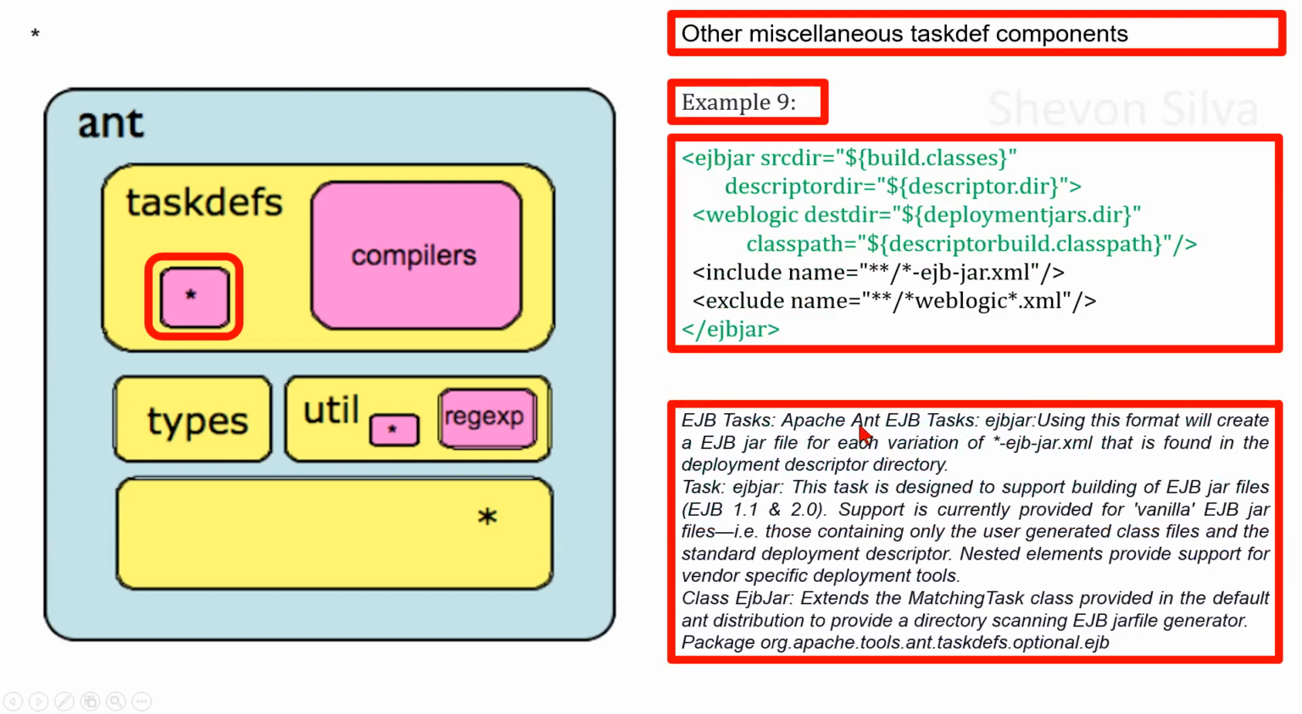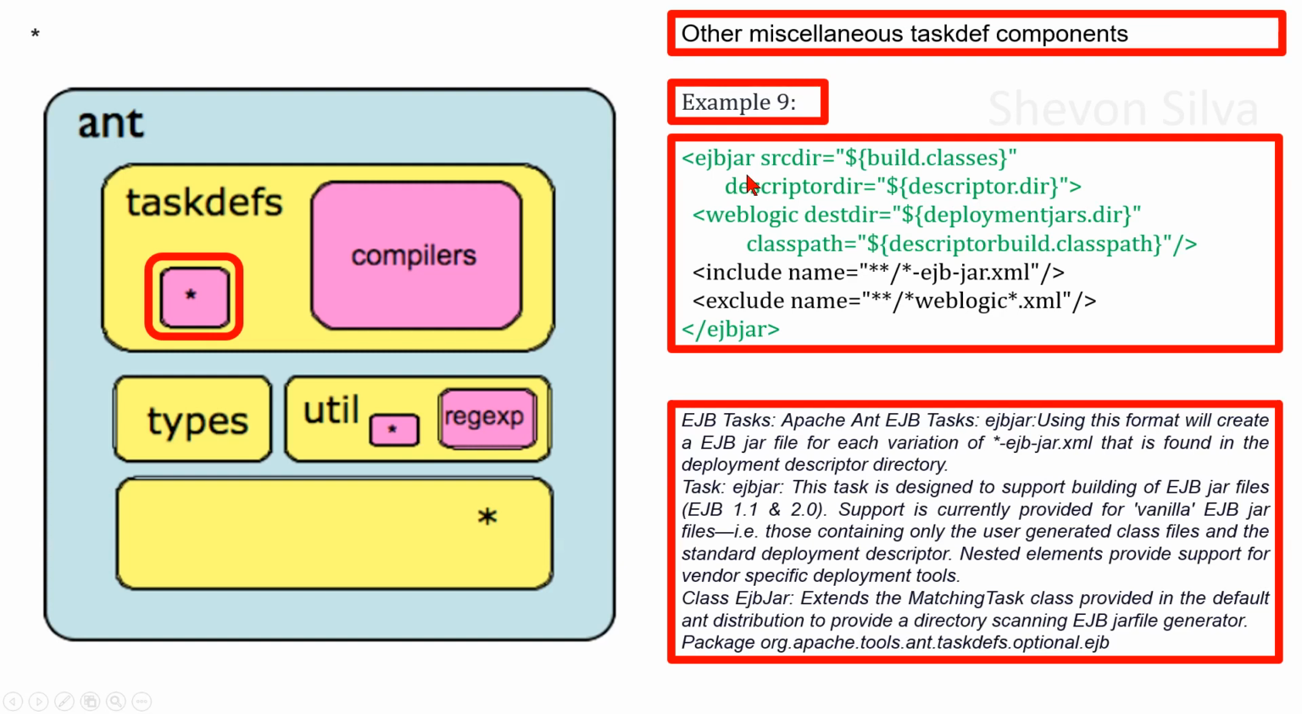Now we are considering EJB jar in Apache Ant EJB task in EJB tasks. Using this format here, we'll create a EJB jar file for each variation of asterisk dash EJB dash jar.xml that is found in the deployment descriptor directory. The task EJB jar. This task is designed to support building EJB jar files, EJB